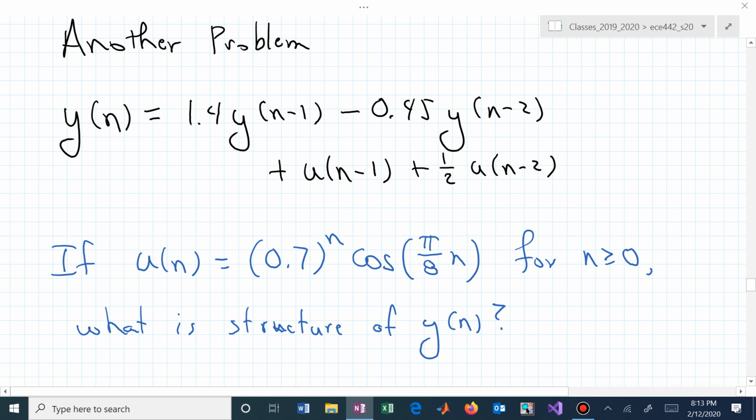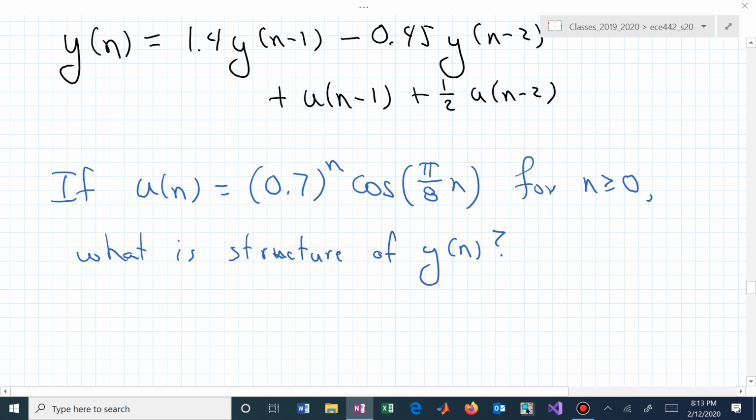Well, this is an exponentially damped, isn't it? So now you're going to have an exponentially damped cosine at that frequency and an exponentially damped sine at that frequency, in addition to the modes that are natural to that system. So to find the structure of y of n, wow, I'm going to do this in 2 minutes. I would first find the transfer function. So I would z-transform that difference equation, and I would have 1 plus, it's not plus, it's minus, because I'm